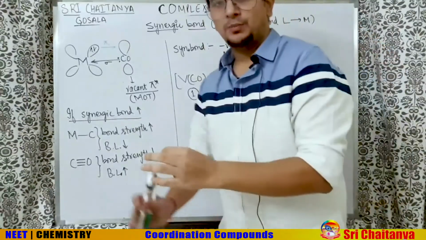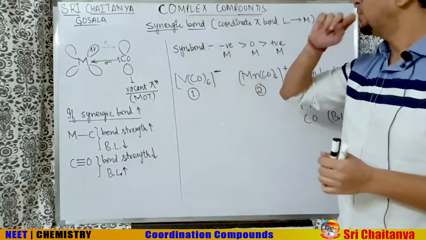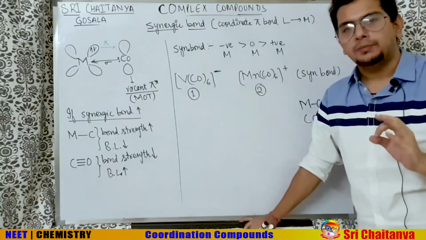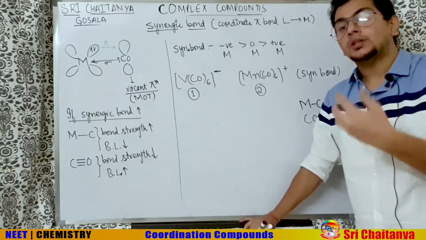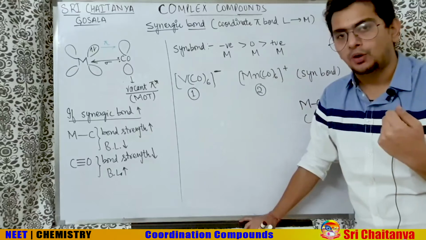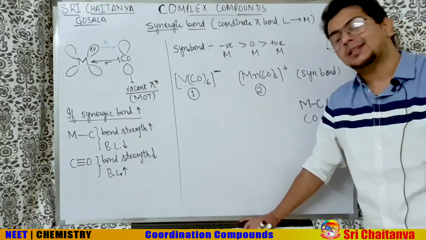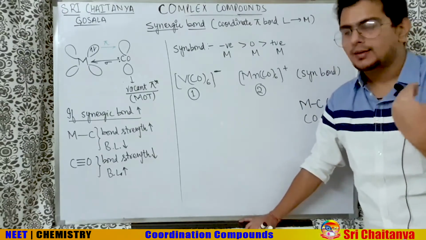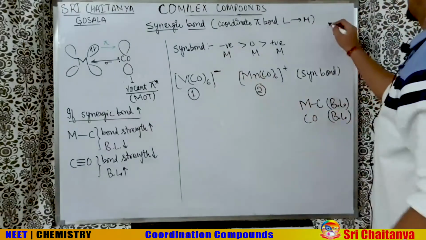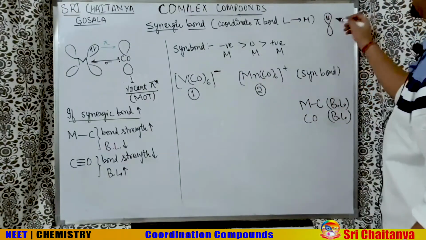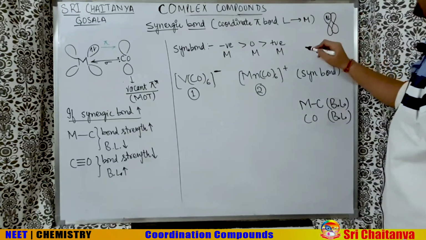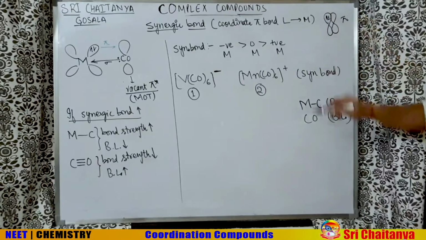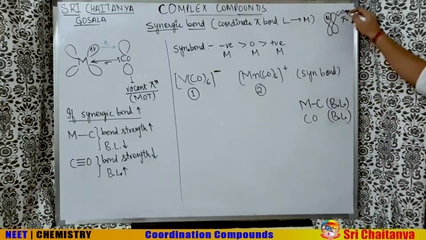So let's understand what a synergic bond is in very simple terms. A synergic bond is a coordinate pi bond. Understand the basics. Coordinate bond means when one atom gives both the electrons for forming a covalent bond. And pi bond means when there is sidewise overlapping. So coordinate pi bond means there is sidewise overlapping in such a way that one orbital was completely filled, having 2 electrons, and the other orbital was empty. So sidewise overlapping happened, so it's a pi bond, and both electrons were given by the same atom, so it's a coordinate pi bond.